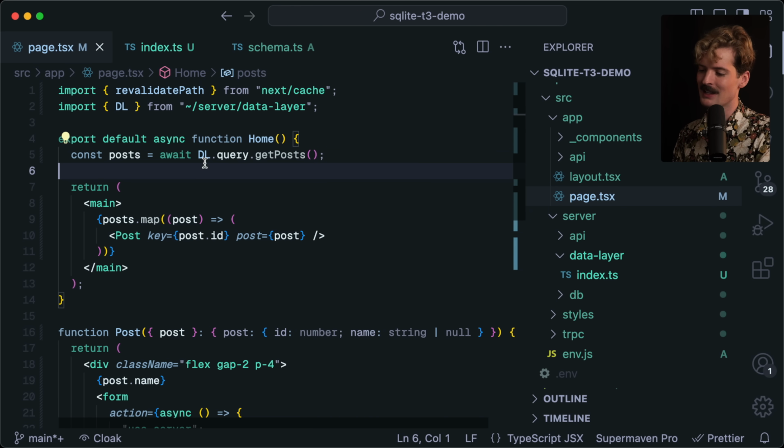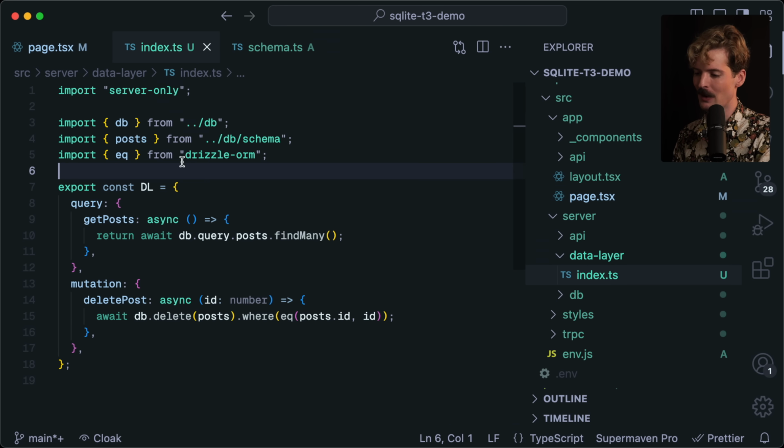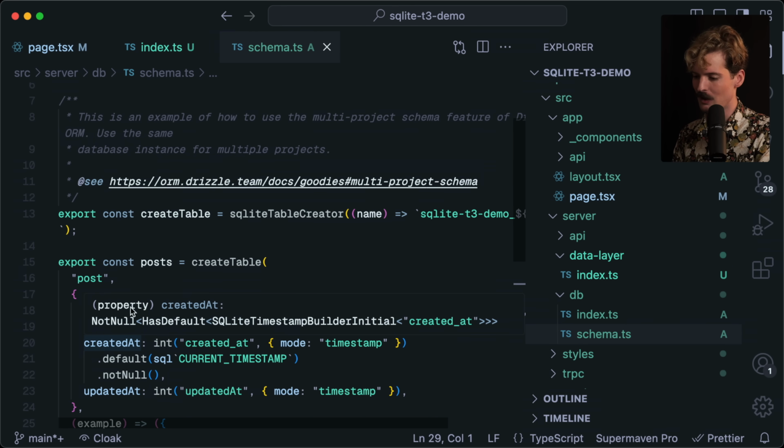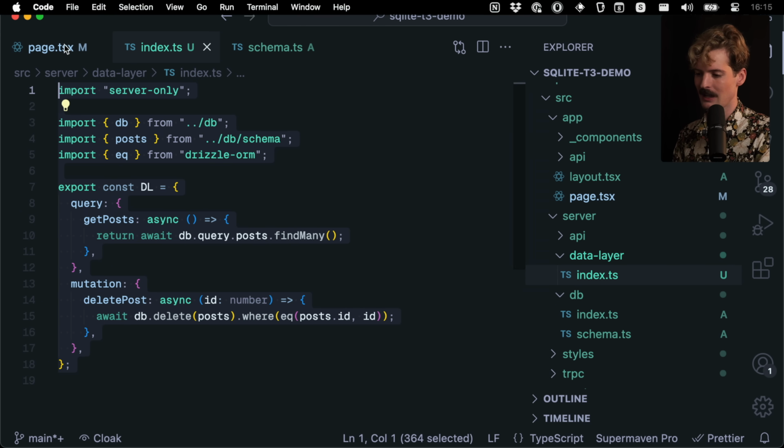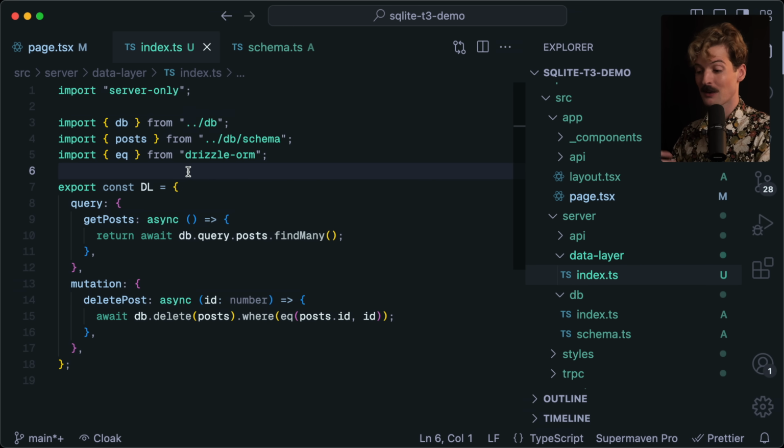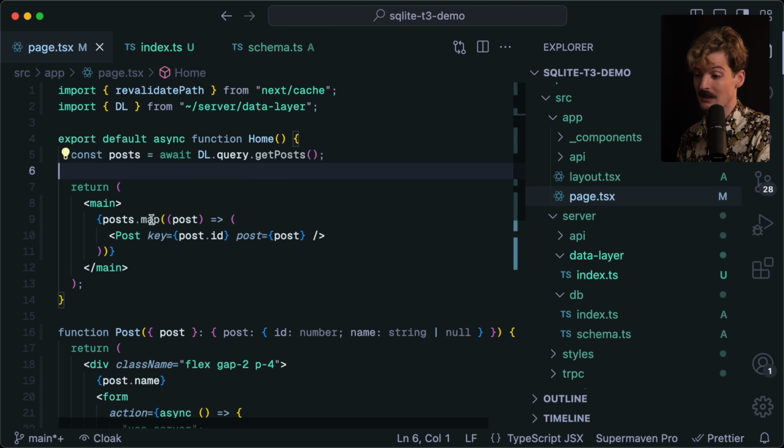The goal here is to make it so there's a clean abstraction, a point of reference, a place where all of these things live, which is my data layer file. And now that this is the place where we have all of the things that interface with our database, we have a clean abstraction that's a lot easier to code review, put lint rules on, and make sure never leaks into the client. It's still very fun to just call your database inside of a component and use that to get data to prototype things.